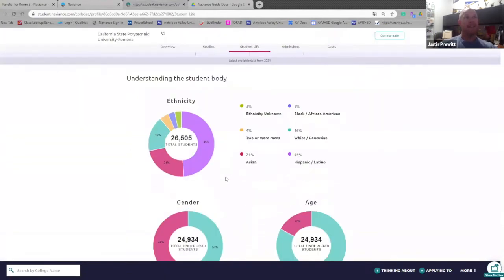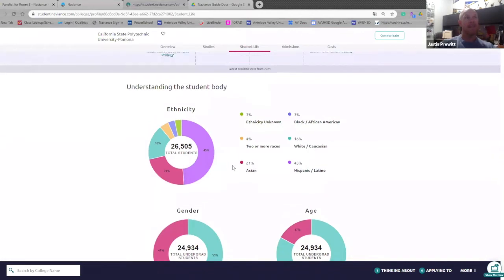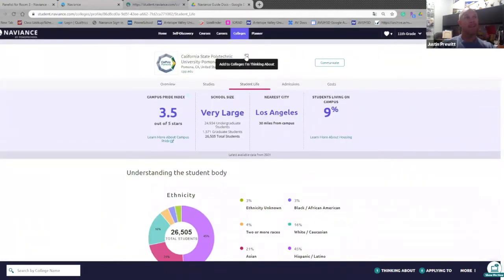And after I look at all these things, I can say, you know what? I like this school. I want to remember this school. I'm going to click the heart, and it's added it to my colleges that I like. See, colleges I'm thinking about. So now next time I come into Naviance,